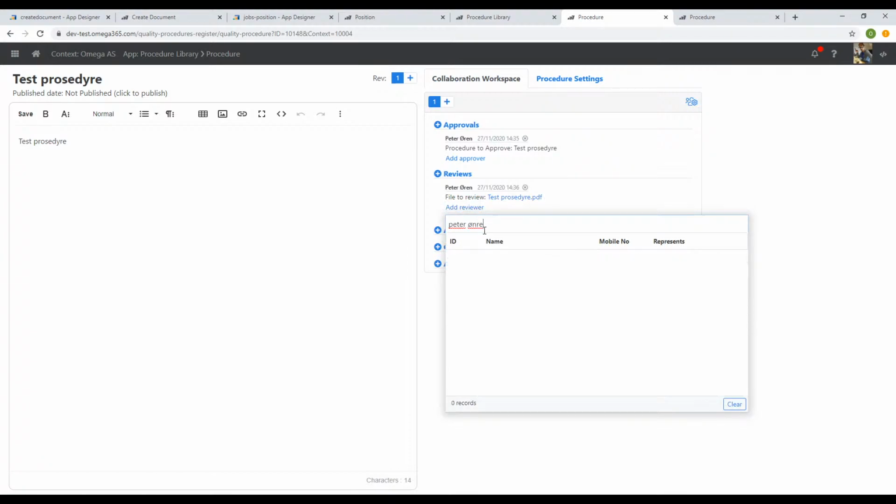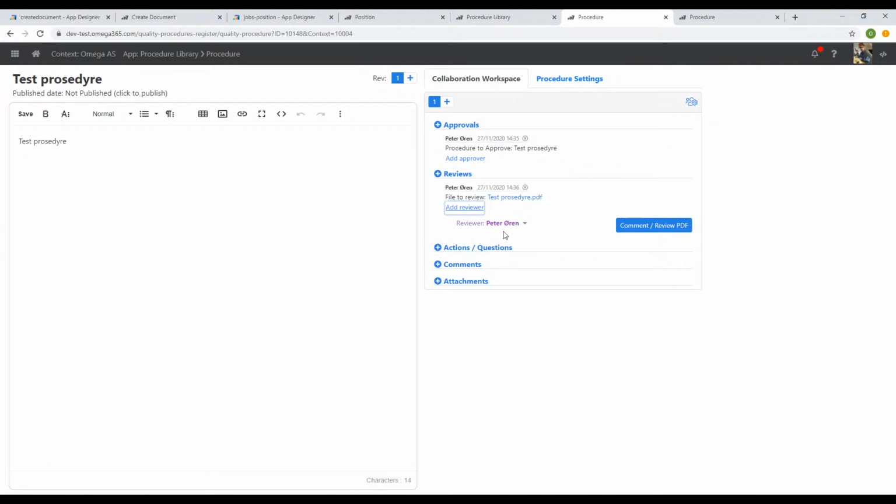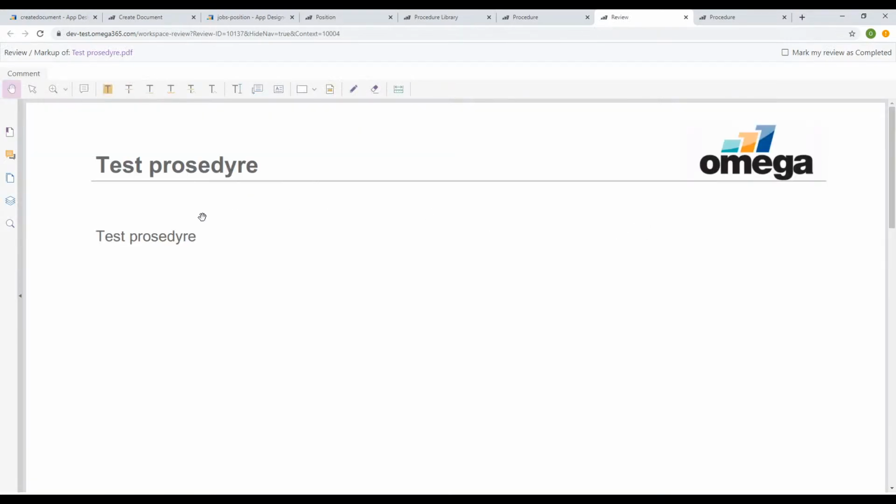Just add it myself. Type correctly. And then we get a button here for review the file. So hopefully now we have a PDF with the